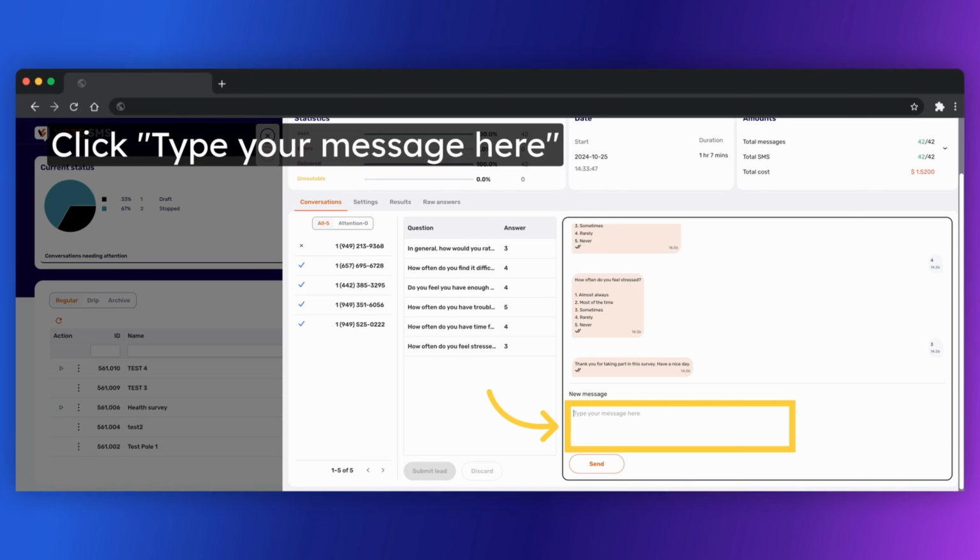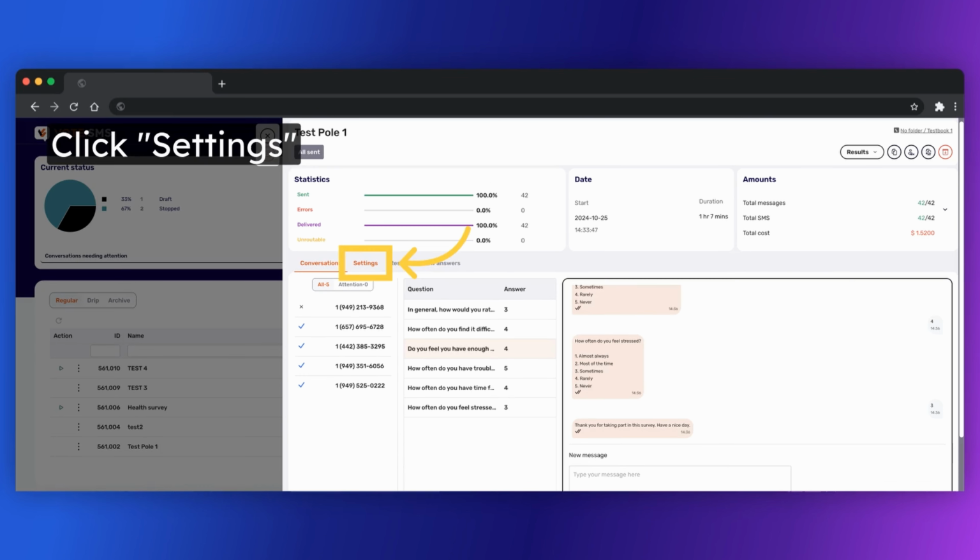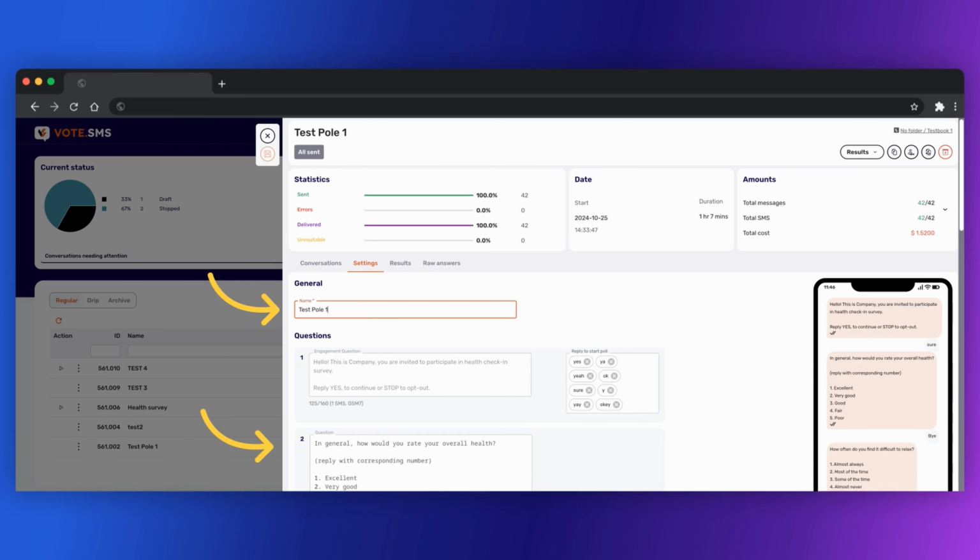You also have the option of using the new message text field in each chat to write and send individual messages. This allows for direct communication with your participants. In the center column, you can review the poll questions and the responses that each participant gave to the respective questions. In the next step, you can go to the Settings section to review your engagement and polling questions, and,